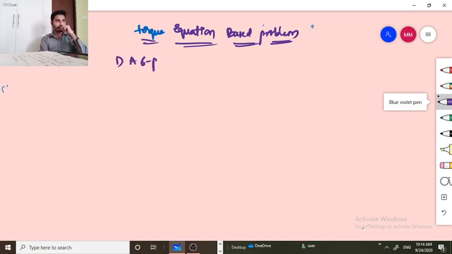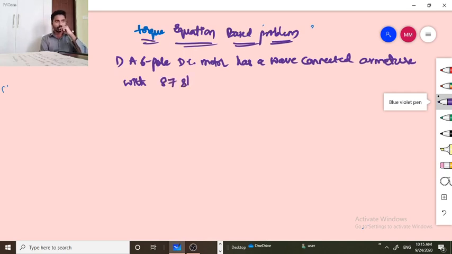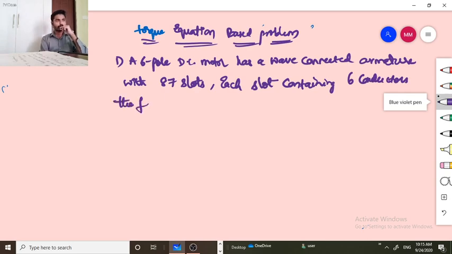So the problem is a 6 pole DC generator, sorry, DC motor has a wave connected armature with 87 slots, each slot containing 6 conductors. The flux per pole is 20 milliwebers